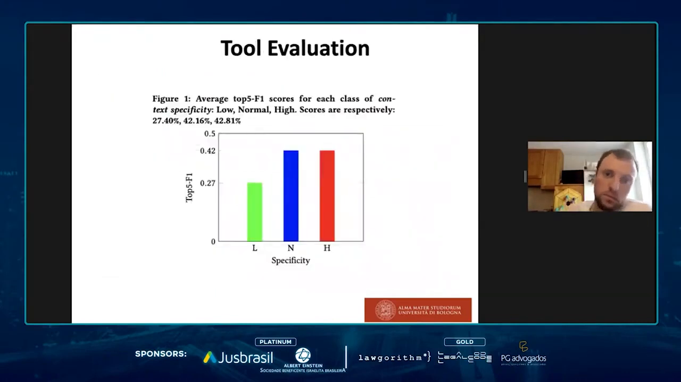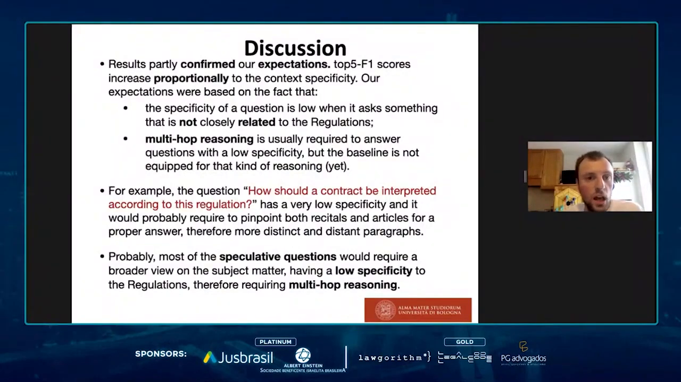After the evaluation process, we got the scores, and we grouped them by question specificity. And we observed that the expectations were somehow met because we saw that the F1 scores increased proportionally to the context specificity. And that's quite reasonable because the specificity of the question is low when it asks something that is not closely related to the regulations. Multi-hop reasoning is usually required to answer questions with low specificity, but the baseline was not equipped for that, as